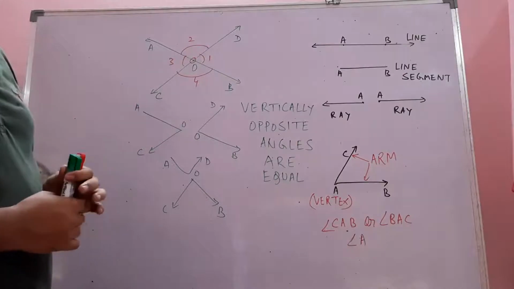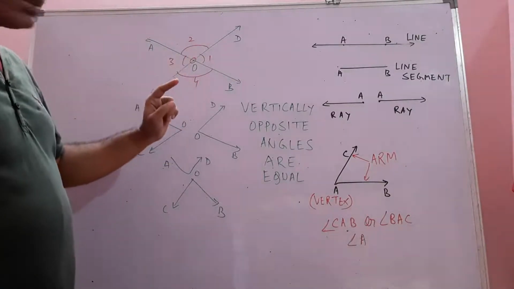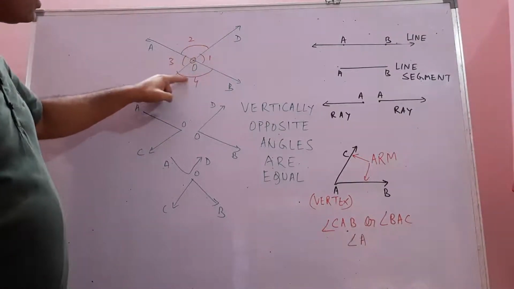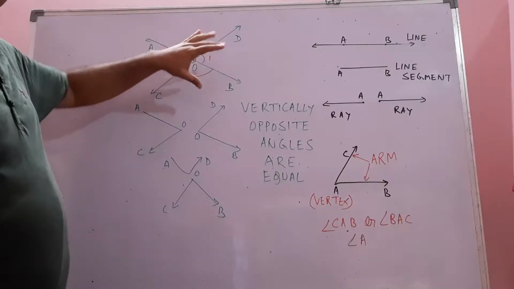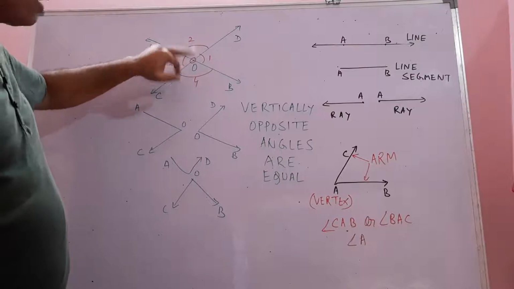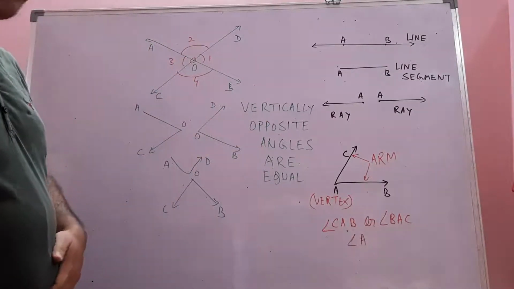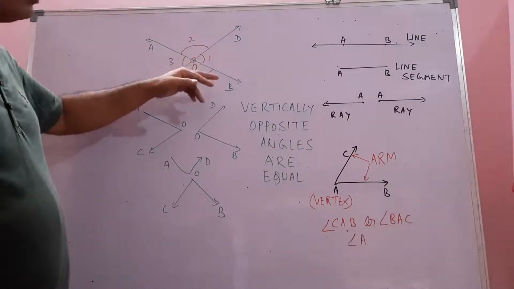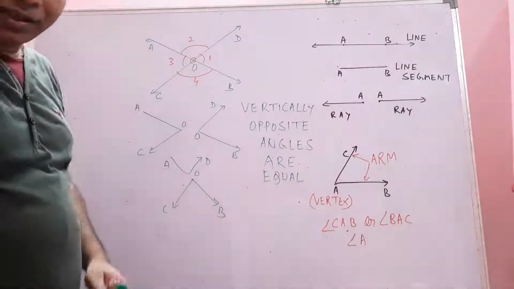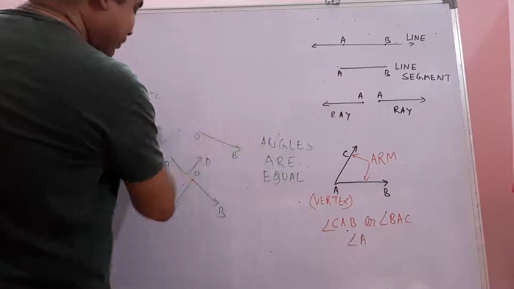So when two lines intersect each other at a point, then at the point of intersection, we get 1 and 2, 2 and 3, 3 and 4, and 4 and 1: 4 linear pairs, and 1 and 3, and 2 and 4: 2 pairs of vertically opposite angles. Vertically opposite angles are equal, and what is the property of a linear pair? Their sum is 180 degrees. Next, one more thing is used here,